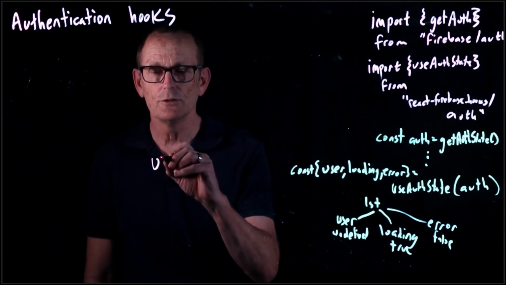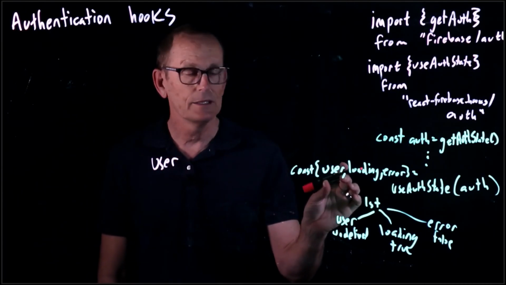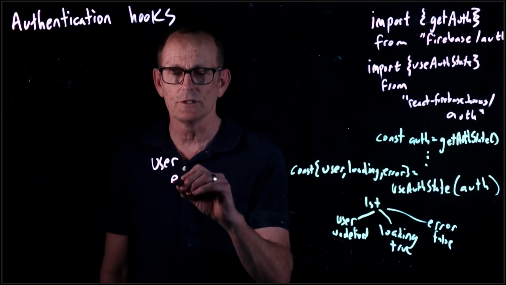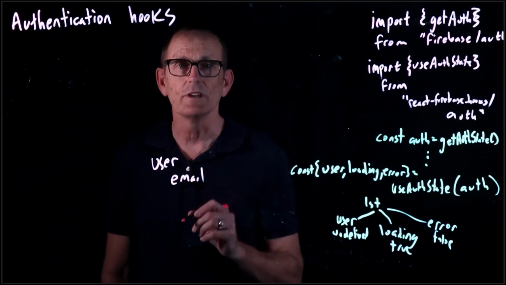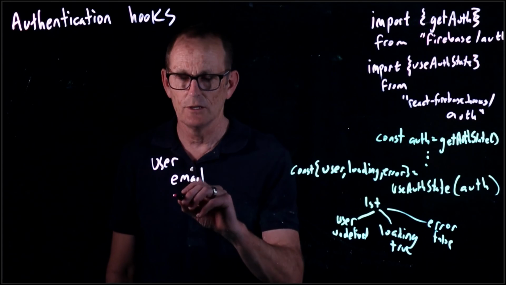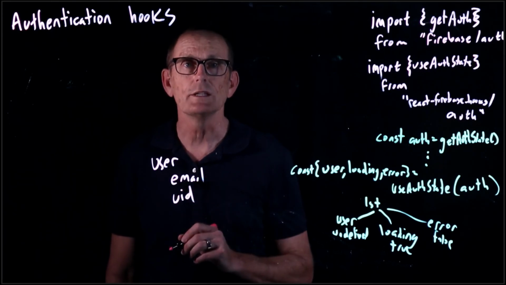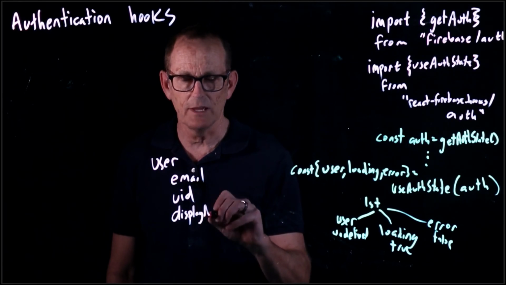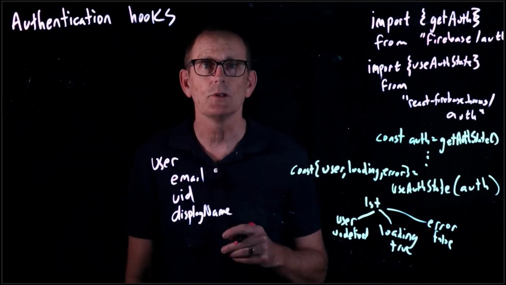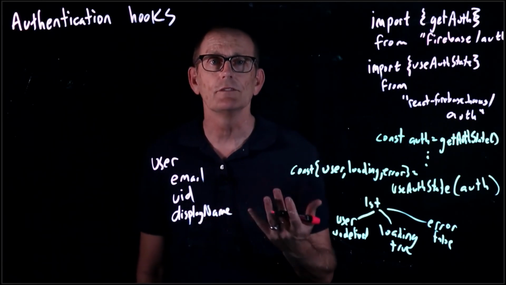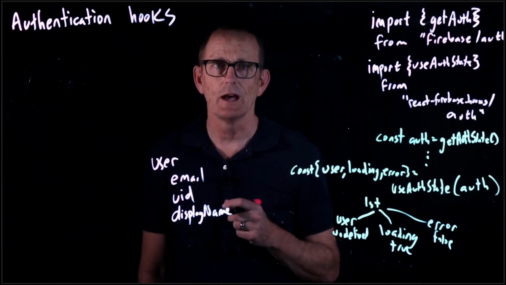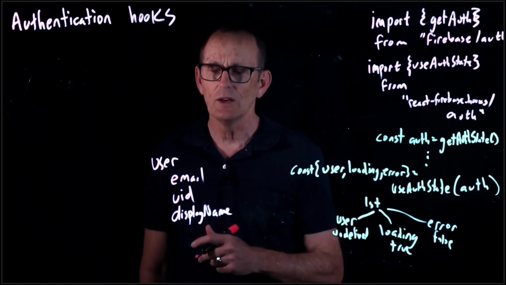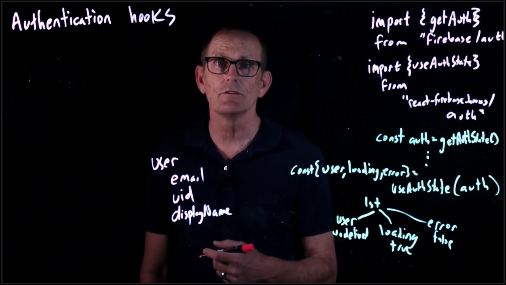This user that we get back here, if it's valid, contains some useful fields. So one, we have an email, which is our email address. Two, we have the user ID. And we may have, for instance, a display name. For example, if we are logging in via Google, then Google will give us a display name as well as an email and a UID. We also can get information as to whether we've validated